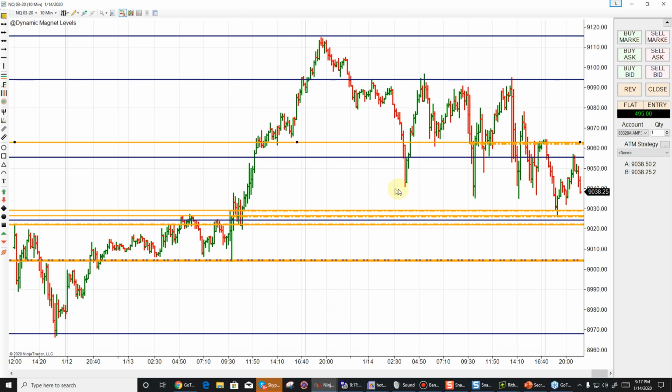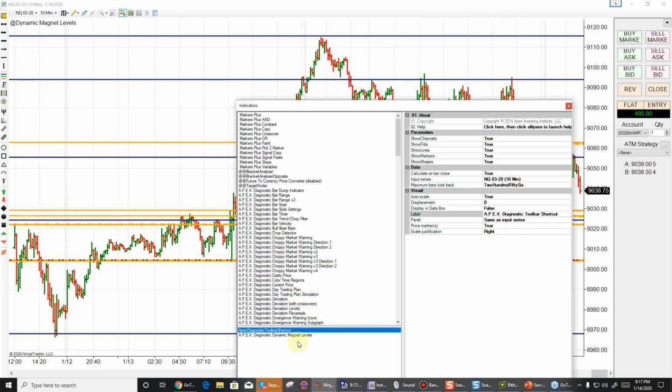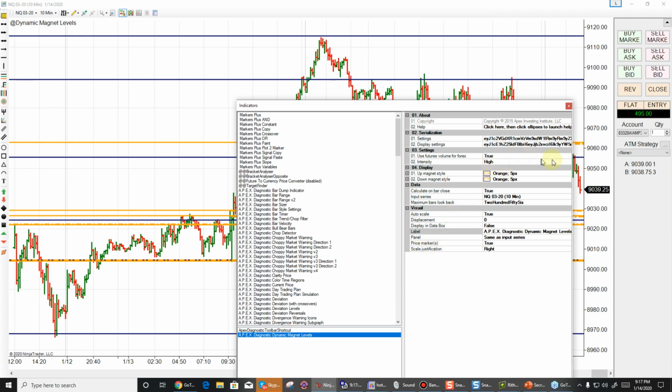So my personal preference on candlesticks versus bars: I do candles because so many people prefer candles, but I was taught and trained to use open, high, low, close bars and actually take color off of them, because you get rid of all of the emotion and it actually makes you pay attention and read the bar. And then your dynamic magnets, if they're not already inside the template, make sure you go over here and